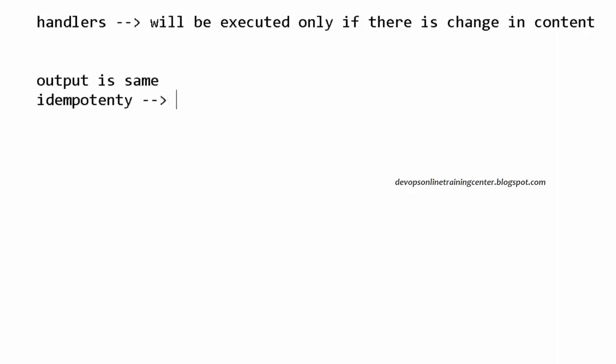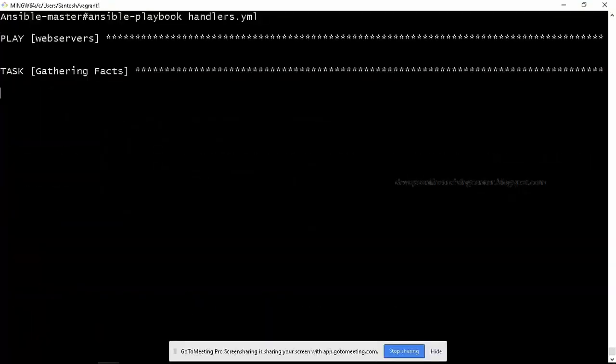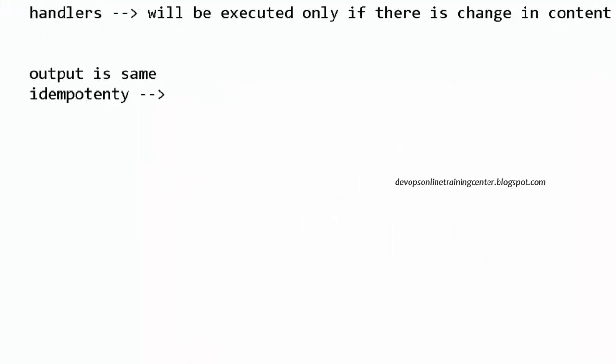So this feature of Ansible is called idempotency. You run the playbook any number of times, the end result will be the same irrespective of whether there is a change or not. You execute this playbook 100 times: if there is a change, it will modify; if there is no change, it will simply exit without performing anything. This is called idempotency of Ansible.